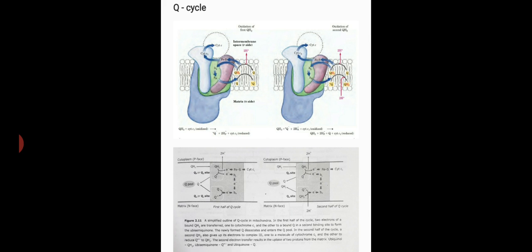Now a second ubiquinol molecule is oxidized at the QP site. The process follows in the same way, and the second electron causes the reduction of ubisemiquinone to ubiquinol at the Qn site. Two protons are taken from the matrix for this purpose. Ubiquinol then goes back to the pool and the Q cycle is completed.